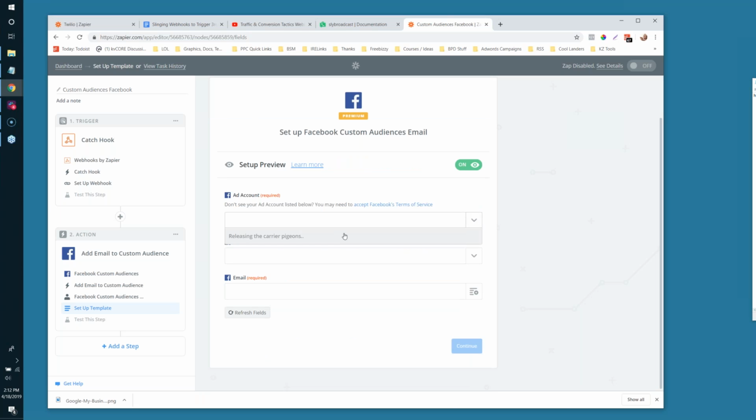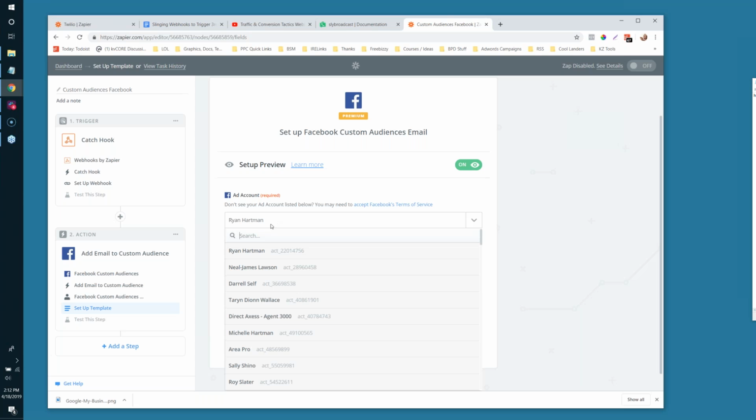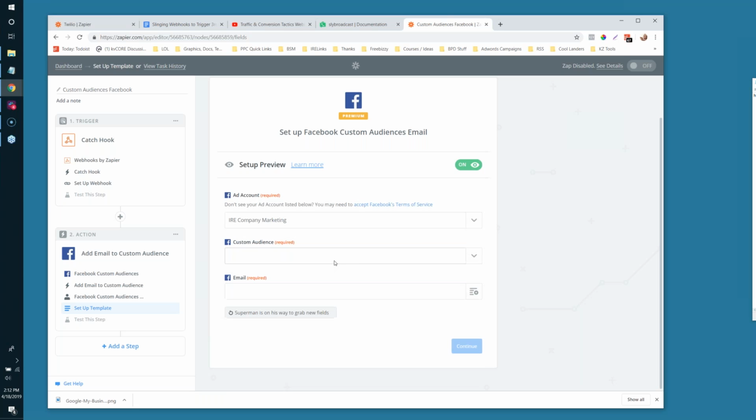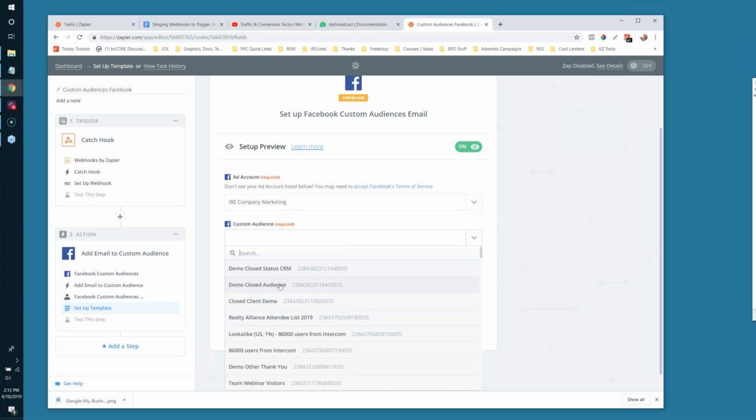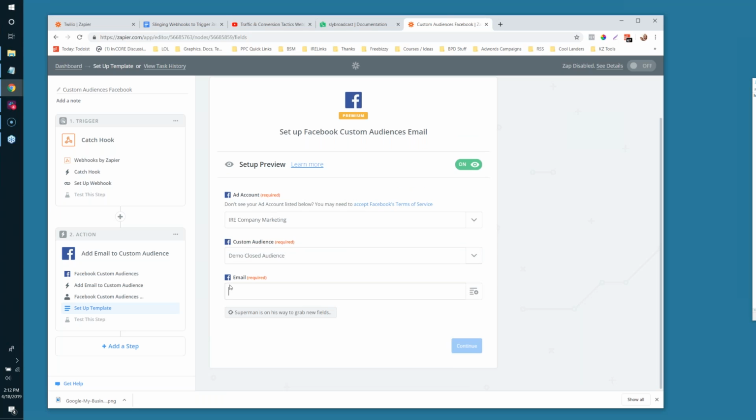to link my ad account, in this case with Facebook ads. So every time there's going to be this choosing of the app and a specific account that you're working with. I think I did this in this account yesterday. It'll ask me which custom audience I want to map to. Doesn't really matter here. And then it's going to ask me for the data that I want to send over. In this case, we would be sending email addresses into a Facebook custom audience, and I need to map it